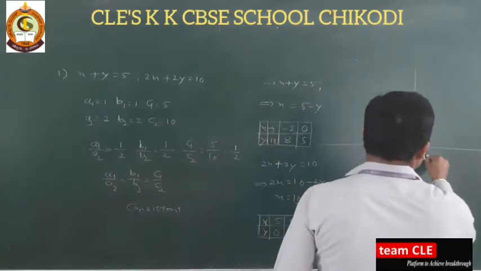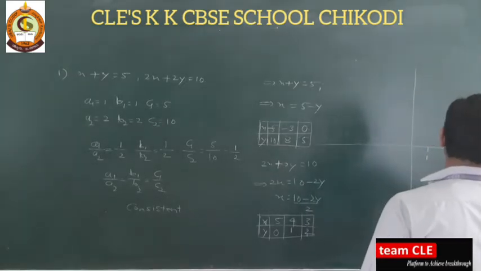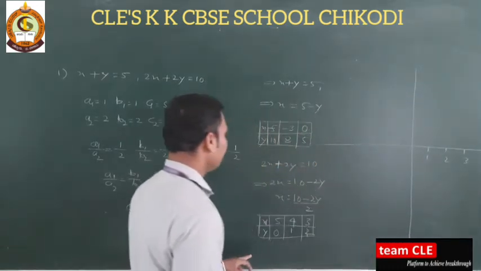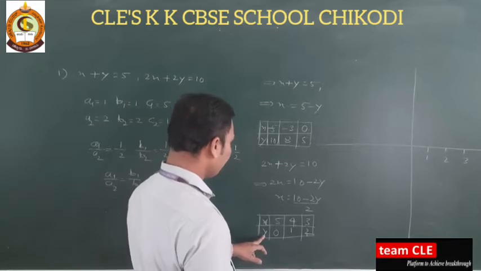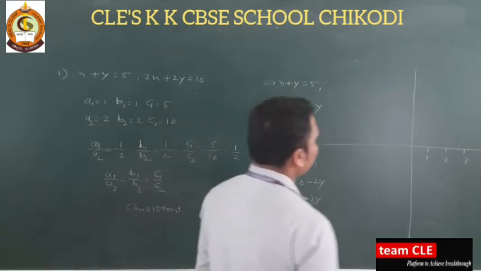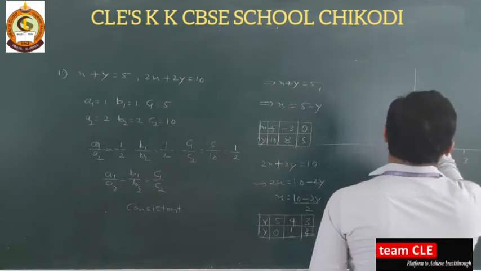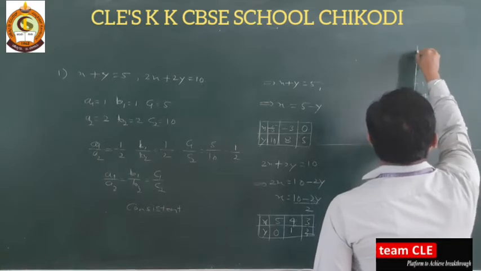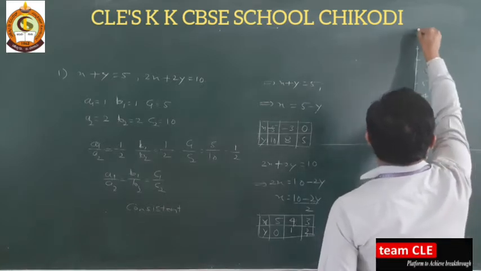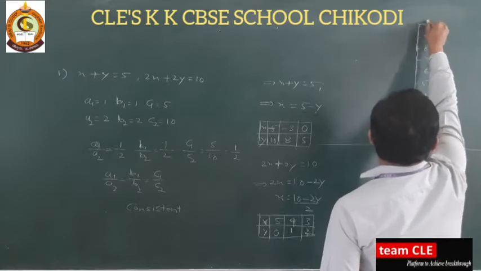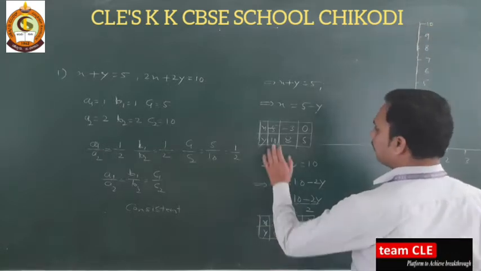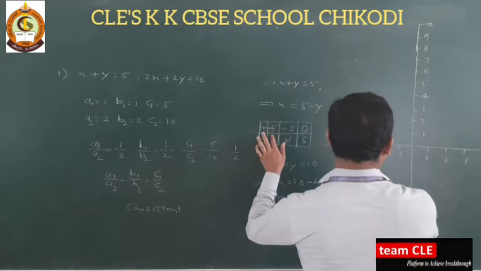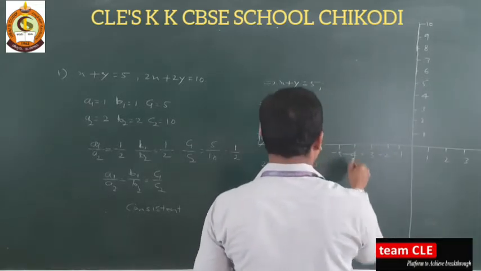Okay. Now 1, 2, 3, 4, this is 5. So here on x, we have 5 as the highest, and here y has 10 as the highest. Now 1, 2, 3, 4, 5, 6, 7, 8, 9, we got this is the 10. Now x also has negative values: minus 1, minus 2, minus 3, minus 4, and minus 5.